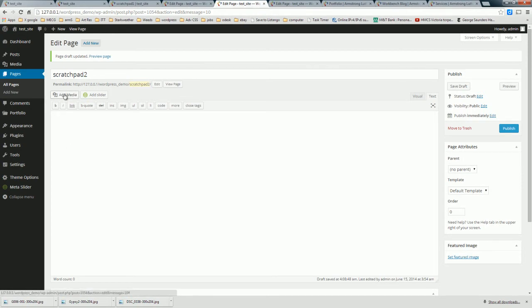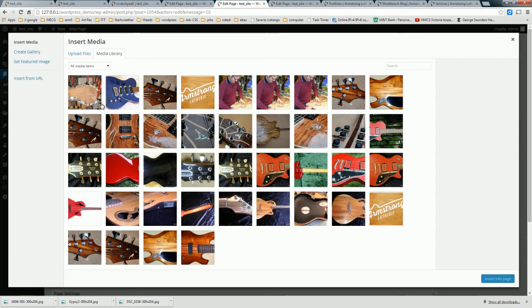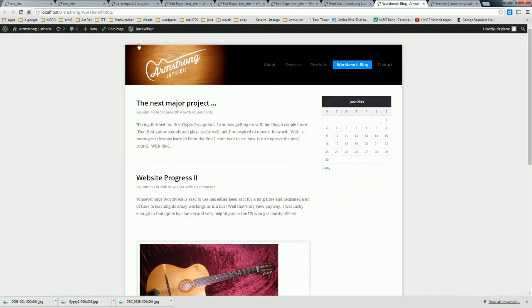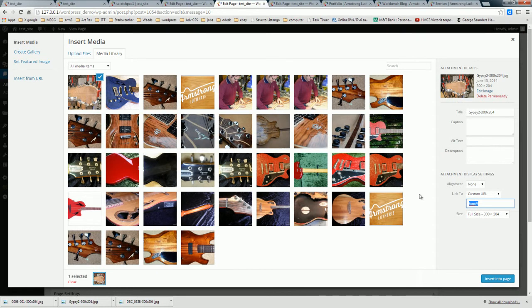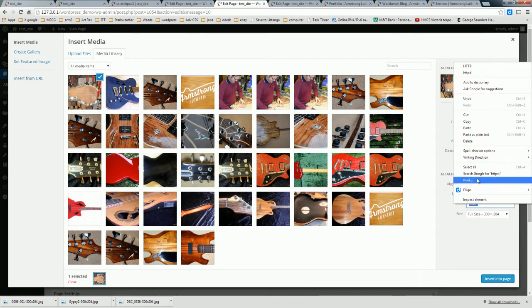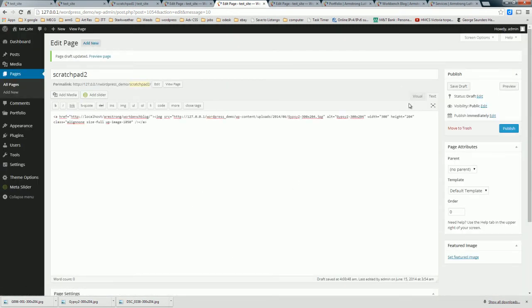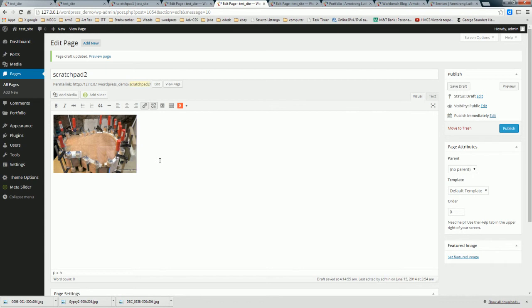Click on the editor pane, click on Add Media, select the image file you need. Remember, we're going to add a link to the page, so I'll select the Workbench blog page, copy the link, return to my Scratchpad, paste the link, click on the Insert into Page button. I'm going to go back to the Visual Editor,